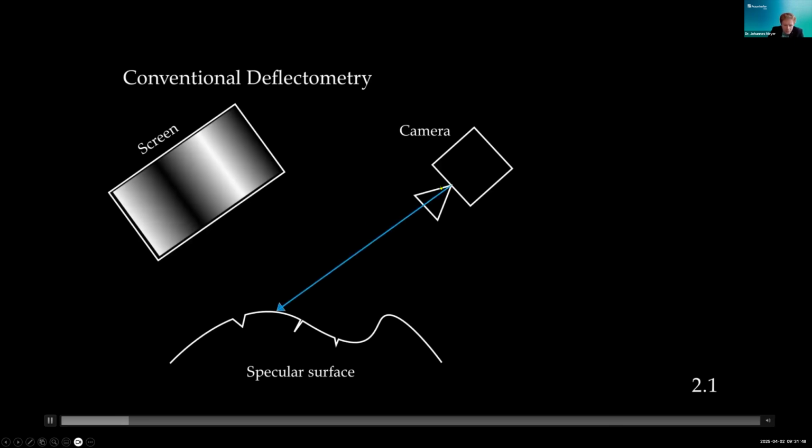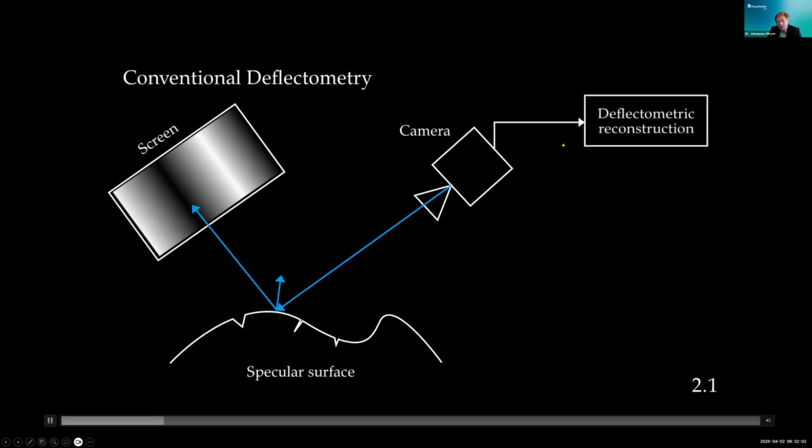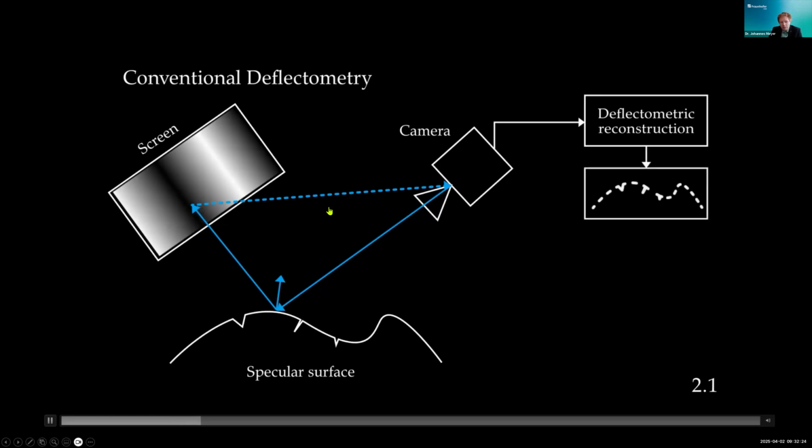And the first step then is that, of course, the rays of sight of our camera are reflected according to the law of reflection and will hit some pixel of our computer screen. And now we perform a deflectometric reconstruction, typically by means of this captured image series, we can solve a correspondence problem so that we get for every camera pixel the corresponding pixel on the screen that our camera is looking at. This allows us to have a triangle here,